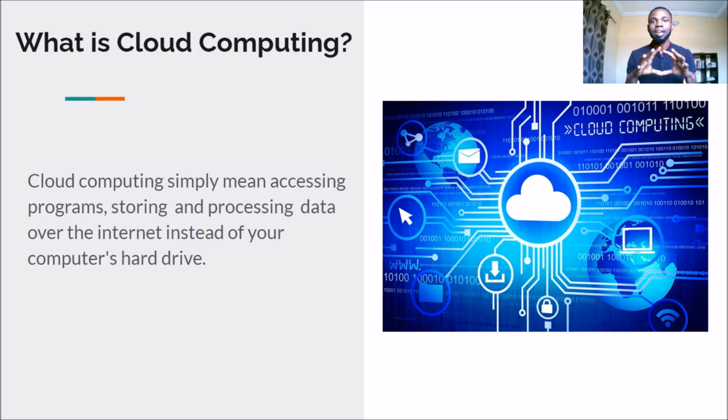Now when you look at the characteristics of a computer, it has the ability to store data, it has a memory capacity, it also has the ability to run applications. That means you can install specific applications inside your computer. If you want to create documents, you install an application for that. If you want to design, install an application for that. All these things are the characteristics of a computer.